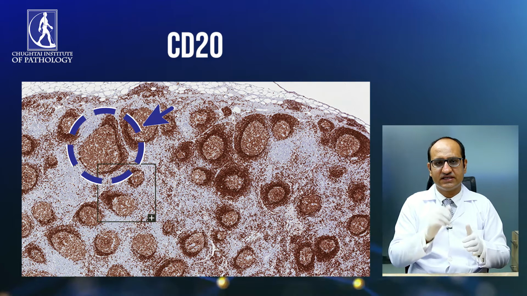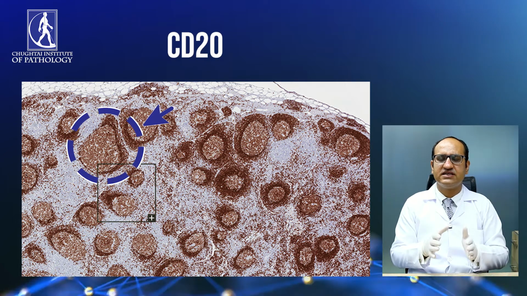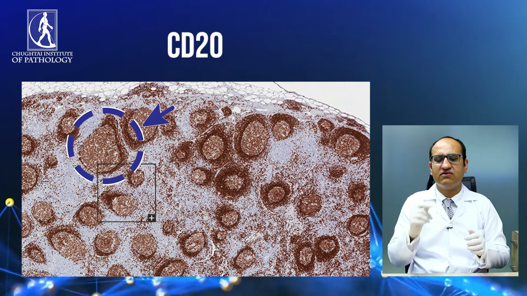The other thing that is important for diagnosis of lymphoma cases is that you need to know the different types of cells present in the lymph node. The major population of the cells seen in the lymph node are the T cells, and they are present in the medullary area or the paracortex, which is the area just beneath the cortex. The B cells are present in the follicles and around the follicles.